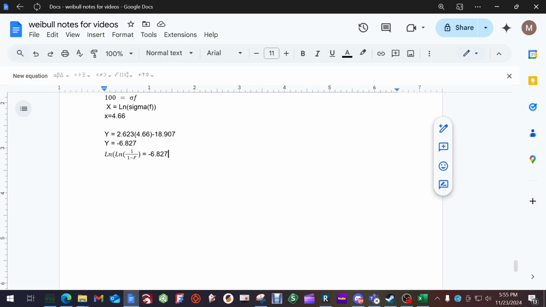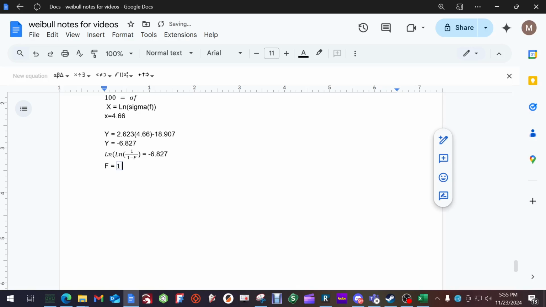What do we do from here? Well, we know how to do natural logs, but we don't know what f is. F is what we're trying to solve. This is the failure rate, how many fail. So now we've got to solve for f. I am not going to go through the whole algebraic derivation of solving for f because it takes forever. So just know that f is equal to, let's do a new equation,